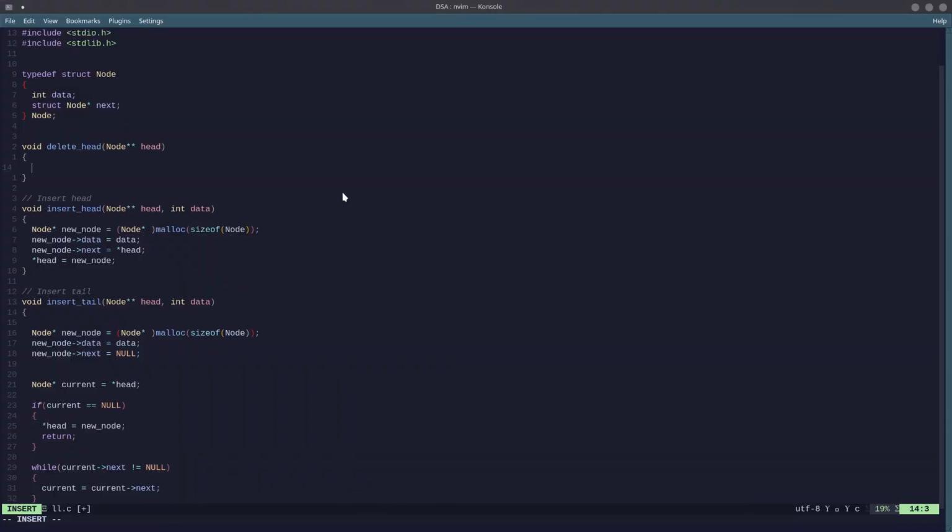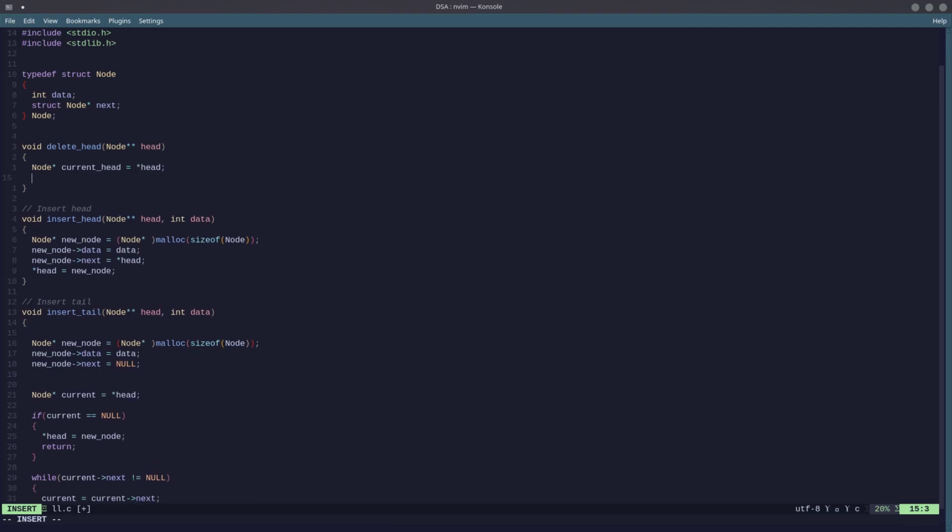So delete head. We need a pointer. Let's call it current head. Okay, so we got the current head. Now what we need to do is update the next head. We need to basically make the next node the new head. Since we're chopping off the original head, the node that follows should become the new head. And so star head,